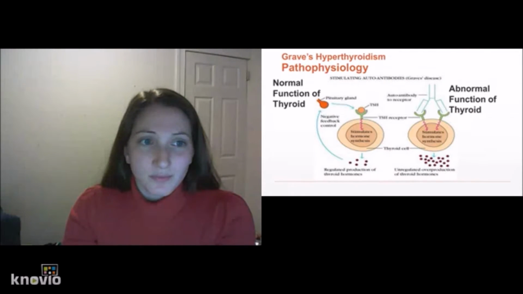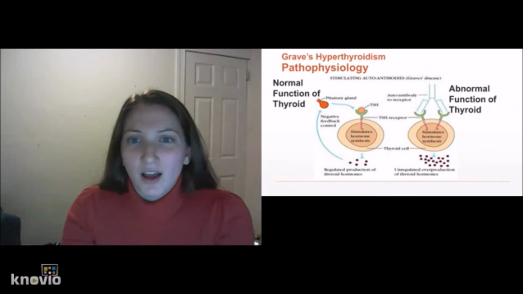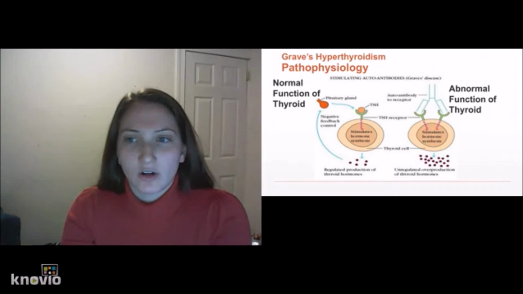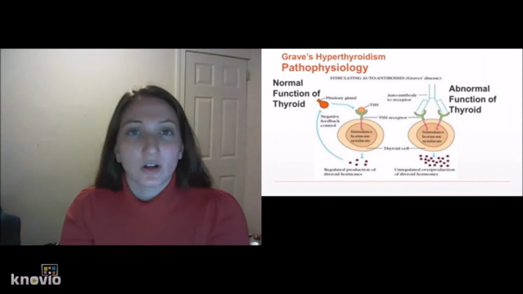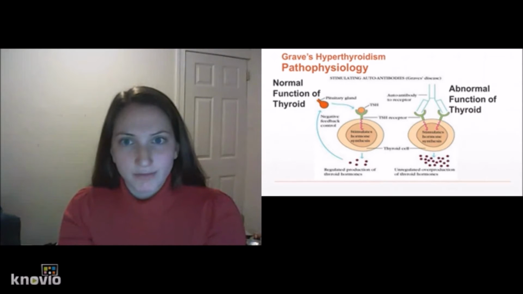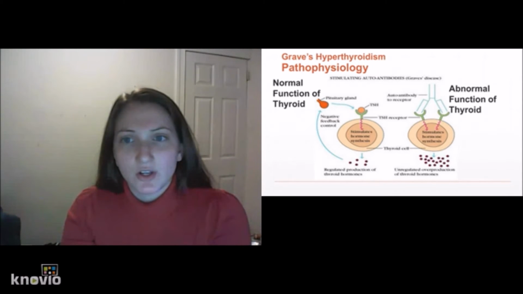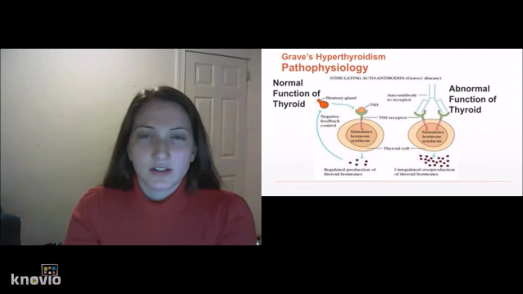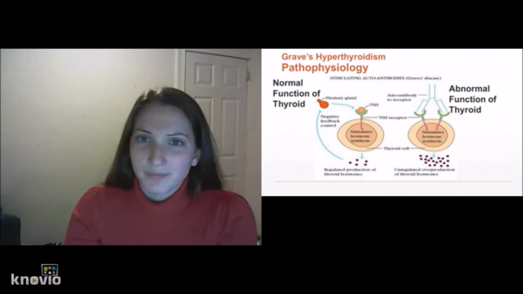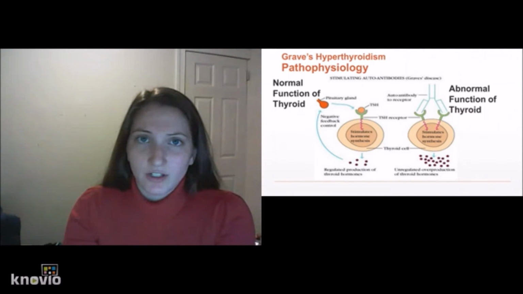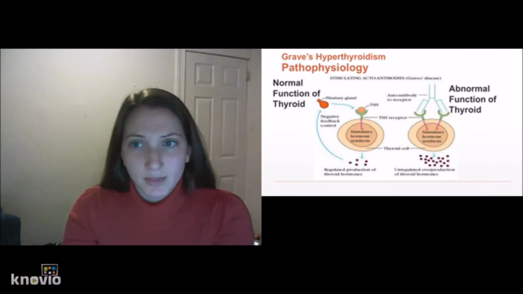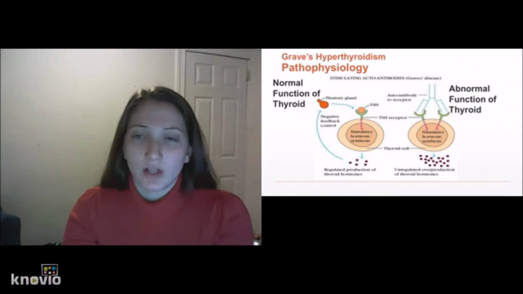So pathophysiology. Normally the pituitary gland releases thyroid stimulating hormone when the thyroid hormone blood levels are low. This is normal function. Once thyroid hormone levels are high enough, the pituitary gland stops sending thyroid stimulating hormone to the thyroid gland, and the thyroid stops producing more thyroid hormone. So it's inhibited. Now, for individuals with Graves' hyperthyroidism, their immune system makes an antibody called thyroid stimulating immunoglobulin, or